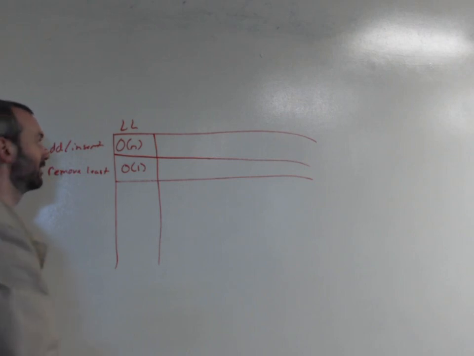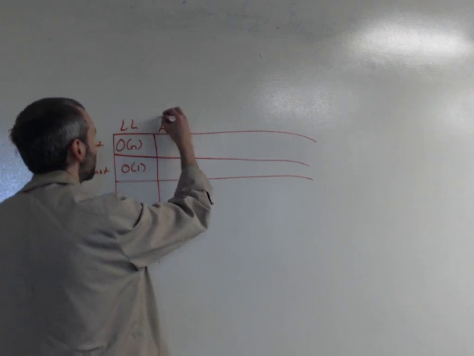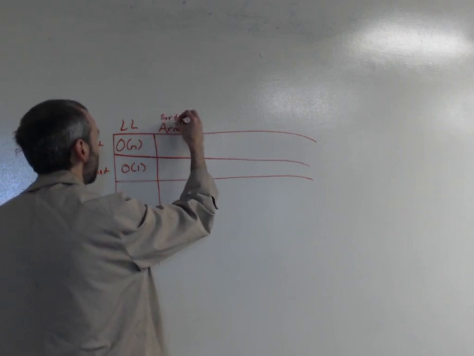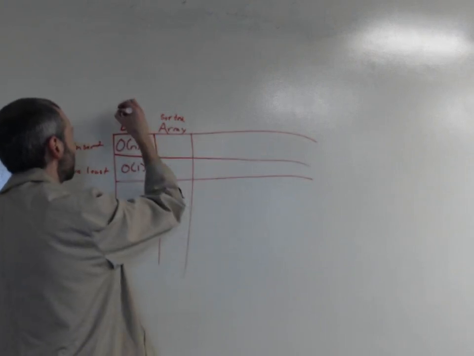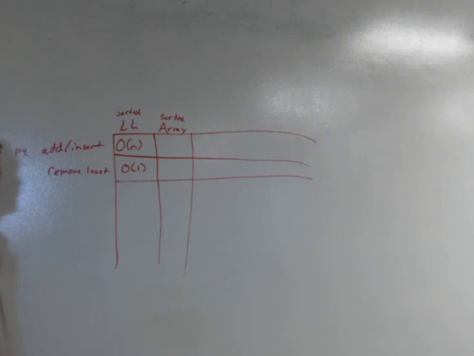No other ideas? Let's do an array. Of course, this one has to be sorted. And technically, this one's sorted too. So if we want to add to the array, it's sorting. What can we use to find where it needs to go? If the array is sorted, because we're maintaining a sorted array, finding an element is an O of